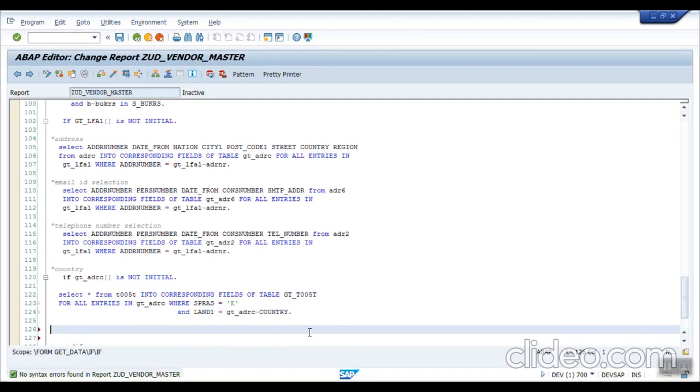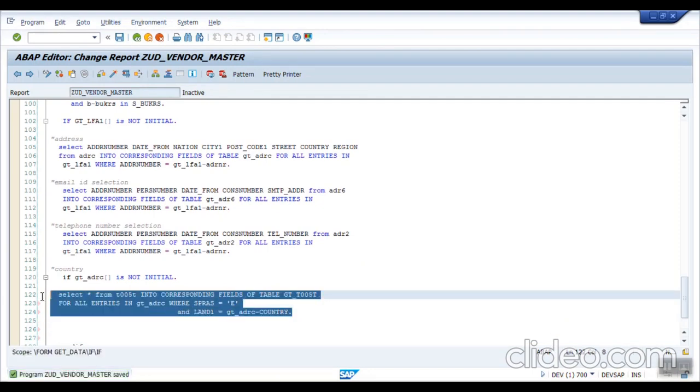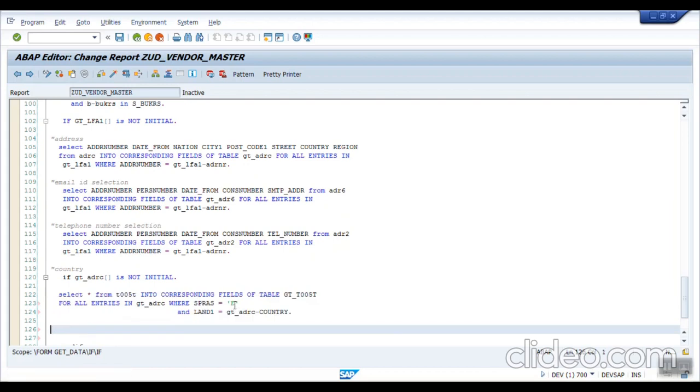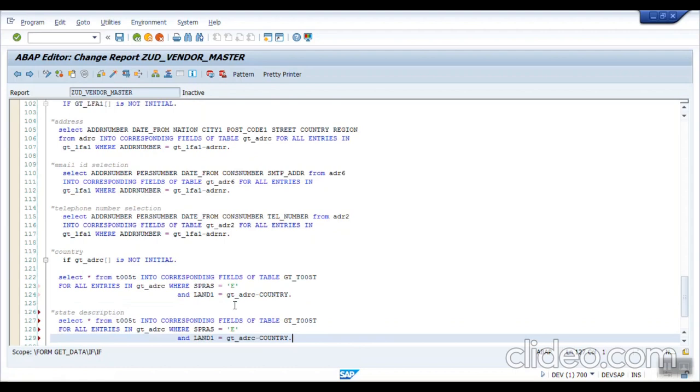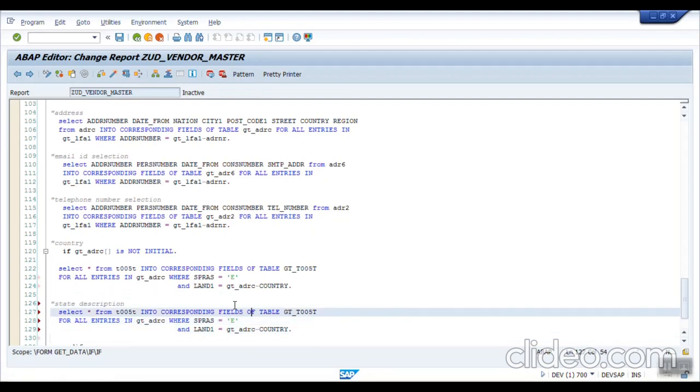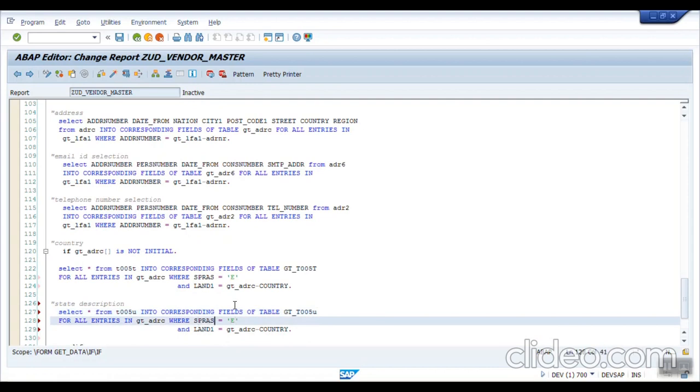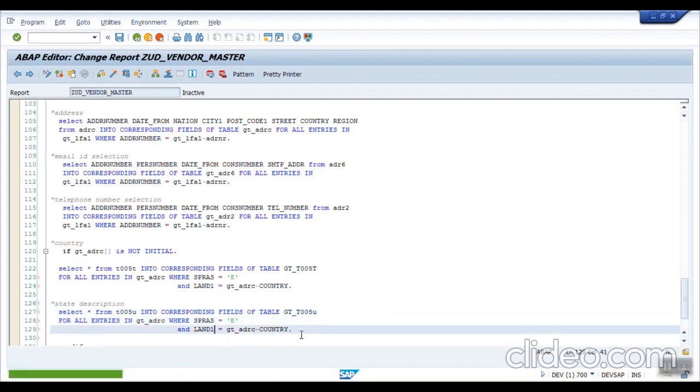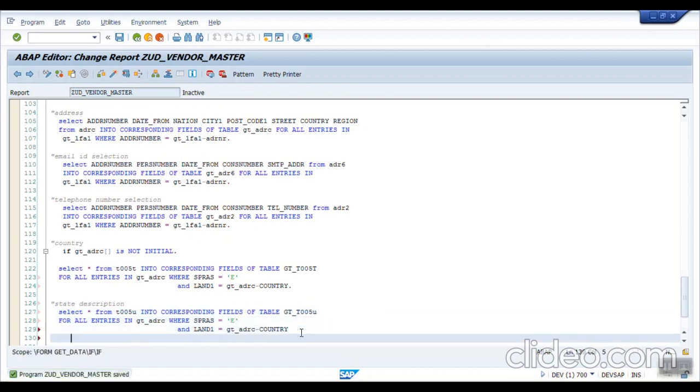Similarly, I want to select the state table. Let's say type here state description. Here also I'm selecting all the fields, but as my state table is T005U. Now this time along with the country key I also want to pass the region.